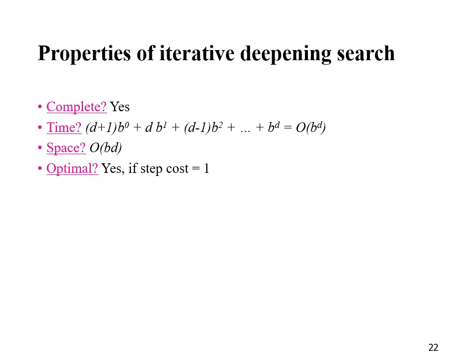So this is also too time consuming, similar to breadth first search. It is complete because every time you are increasing the limit by one. When your limit becomes equal to the depth, its behavior will be similar to depth first search. So it provides a solution definitely if one exists. Time complexity is order of b to the power d, space complexity is order of b multiplied by d, and it is optimal if step cost is equal to 1.